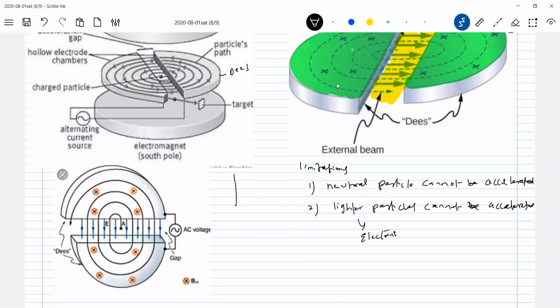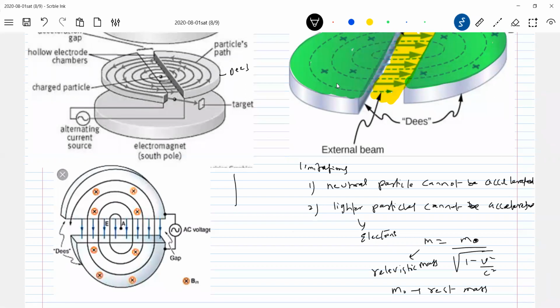Because of relativistic mass. As the speed increases, what will happen to the mass? Instead of this effective mass, you have to use m0 divided by the square root of 1 minus v square by c square. So no longer can you just take the rest mass of the electron, you have to take the relativistic mass here. This is the rest mass, this will be the relativistic mass. If you bring the electron into the picture for calculation, you have to introduce this.